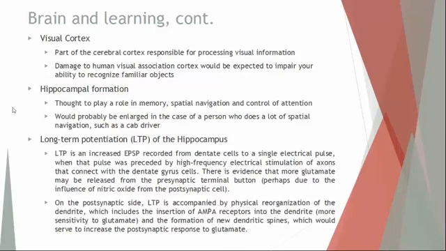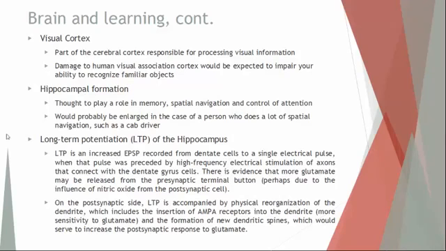All right. Next, hippocampal formation. This is the formation of the hippocampus, which is a region in the brain. It plays a role in memory, spatial navigation, and also the control of attention, having a longer attention span. And as you can imagine, with any mental skill, the more that you use it, the better you get at it. The hippocampus would be more detailed, more intricate for those who use the skill quite often, such as a cab driver who uses spatial navigation. Because they drive so much, so often, they're able to get a map in their head of where they have to go. They need that skill so they can get there faster. So the more you practice, the better you get at it.